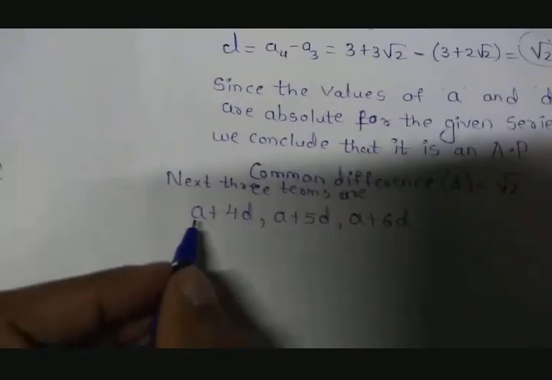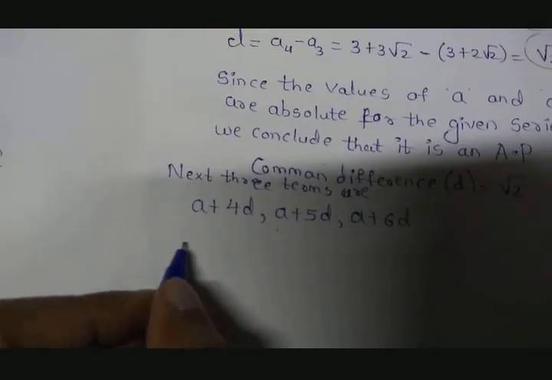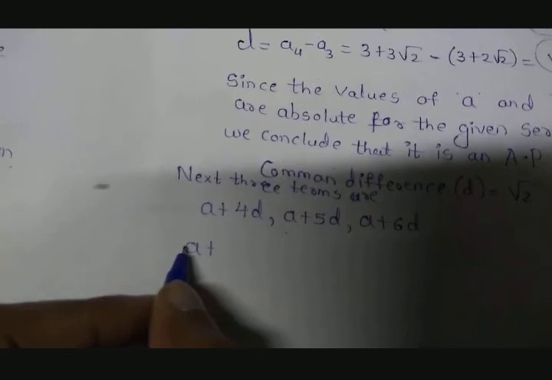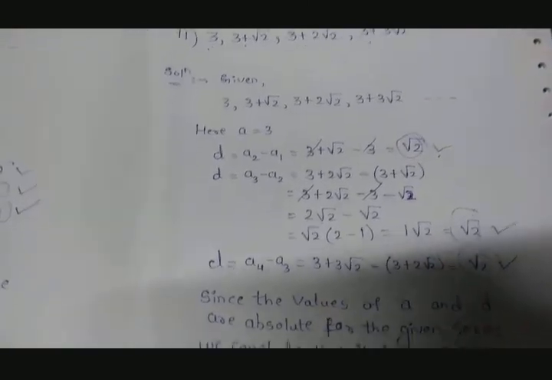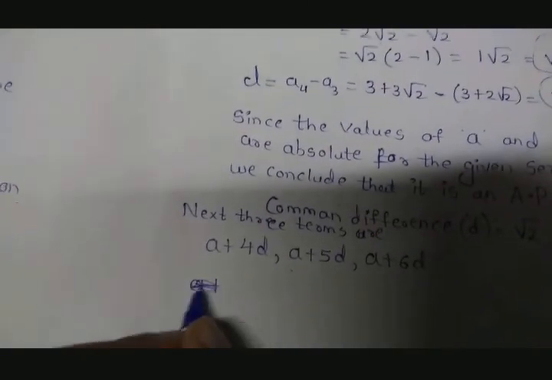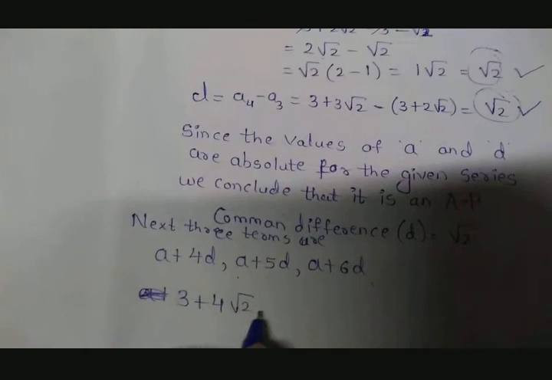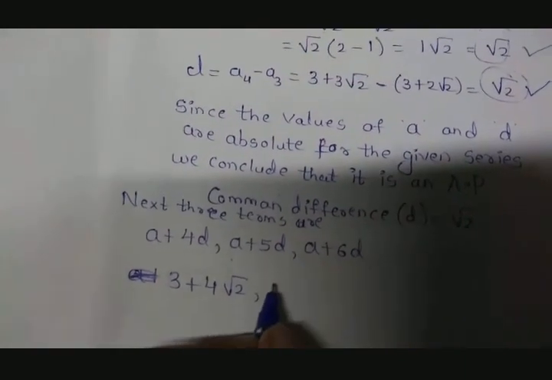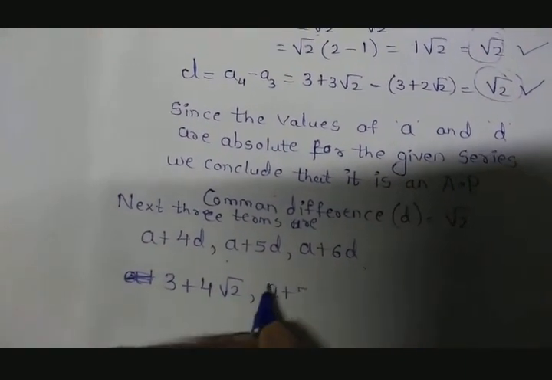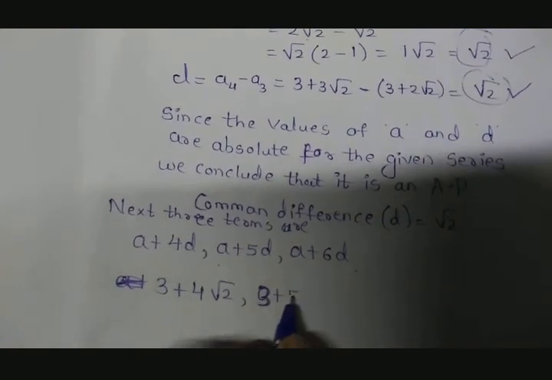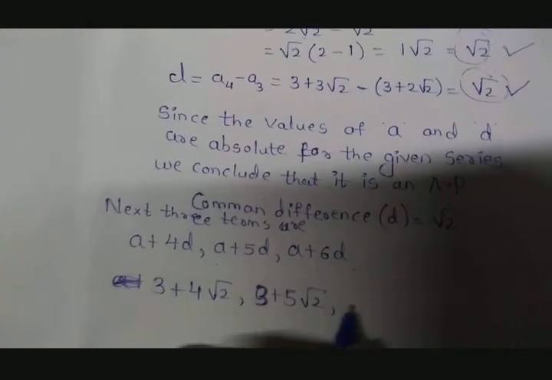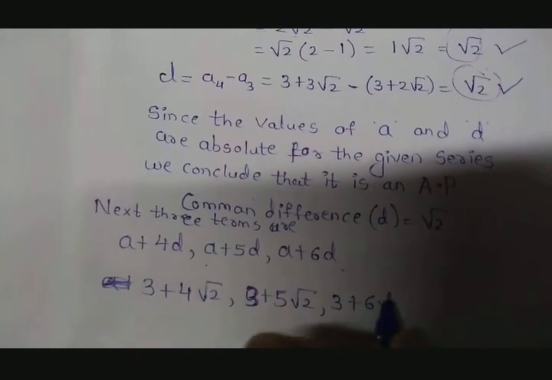Just substitute the values of a and d and you will get the answers. The value of a is 3. So in the place of a, I am writing 3 plus 4 into the common difference we have found, that is root 2, comma, and then 3 plus 5 root 2, comma 3 plus 6 root 2,